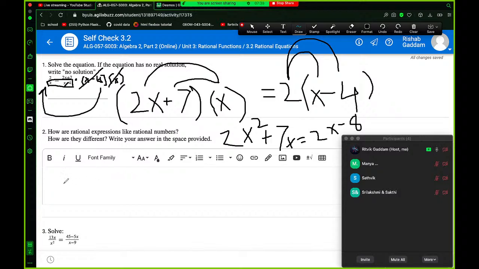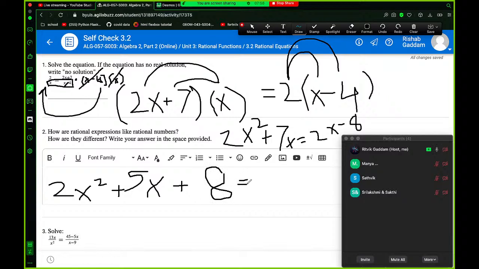So we get 2x squared plus 7x minus 2x, so that's plus 5x, because 7 minus 2 is 5, and then we have plus 8 also on this side, equals 0, because there's 0 on this side. When we got the 8 to the other side, it turned into a 0. So now we can maybe use factoring to solve this. So 16, let's see. 8 times 2 is 16, 16 times 1 is 16, and